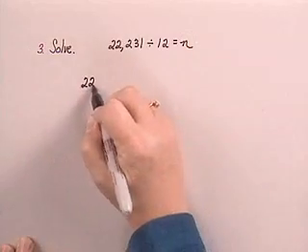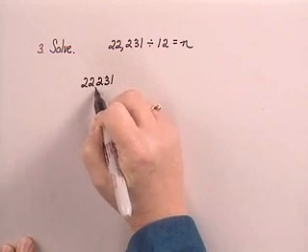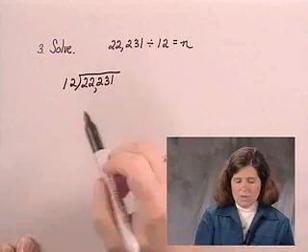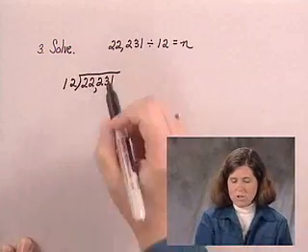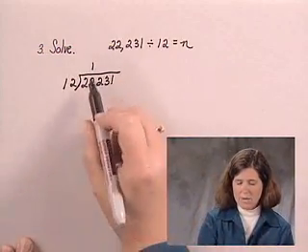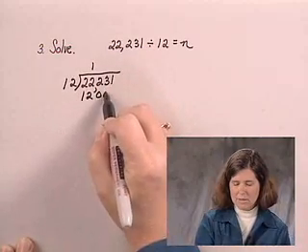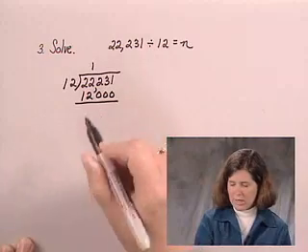Now for our next step, we'll solve this equation for n. In this case, all we need to do is carry out the division. We divide 22,231 by 12. We think 12 goes into 22 one time. This is 1,000 times 12, so we subtract 12,000. And we get